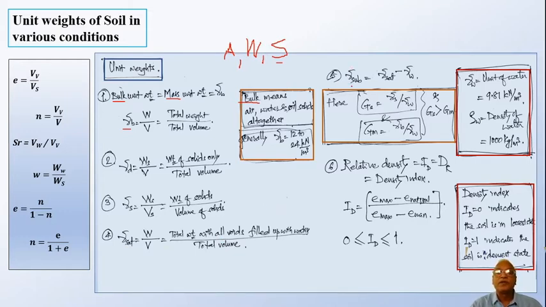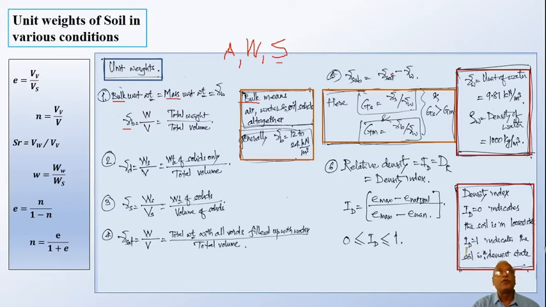Here there are more terms defined. Now there is gamma submerged. Now what is submerged unit weight? Equation wise it is gamma saturated minus gamma W. But actually speaking, how it comes is gamma saturated is nothing but weight of 1 meter cube of wet soil, or fully wet soil, or no voids, right? If you immerse this 1 meter cube of wet soil, total wet soil, into the water, obviously there will be a buoyant force of the